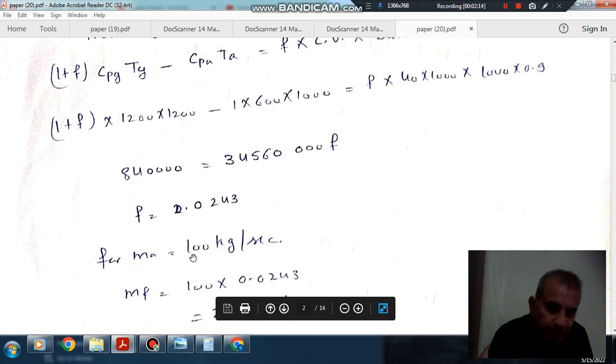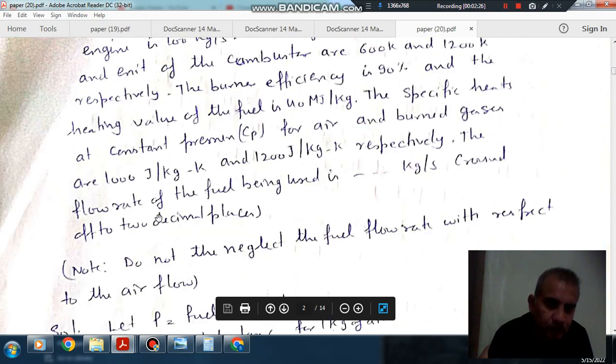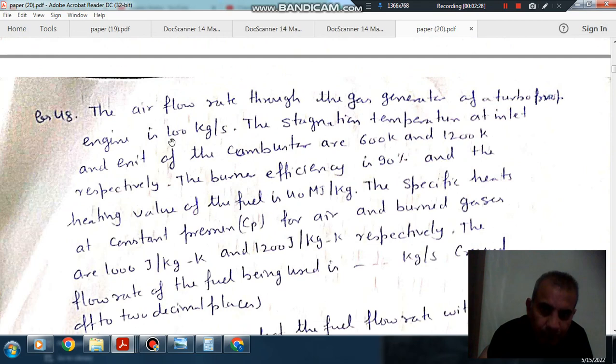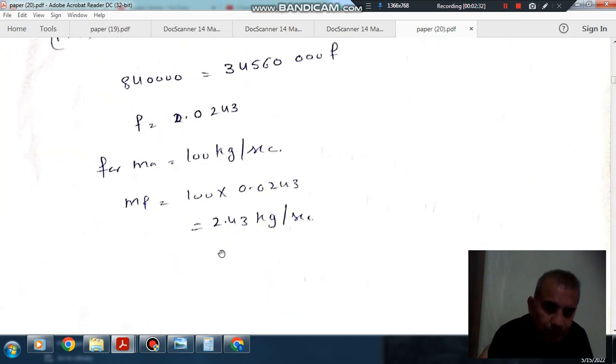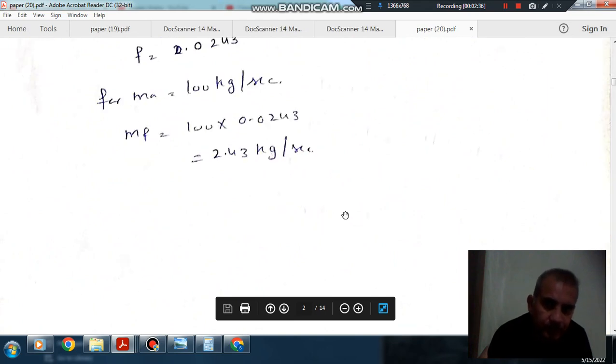For MA equal to 100 kg per second, the mass of fuel is your 2.43 kilogram per second. Okay. So answer is 2.43, because mass of air is 100 kg, so mass of fuel will be 2.43 kg per second. Okay. Next,